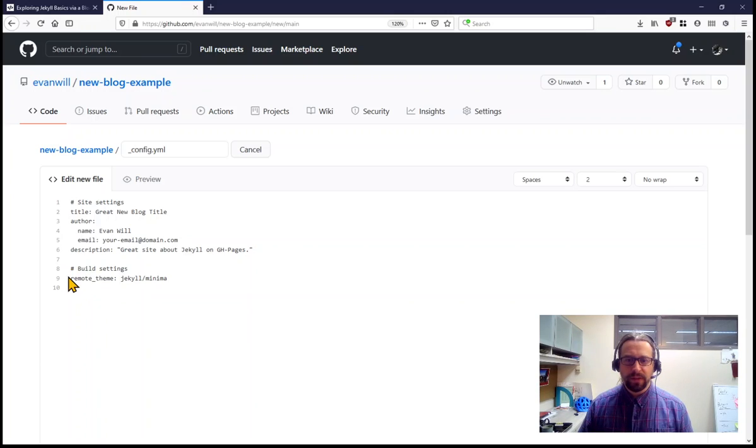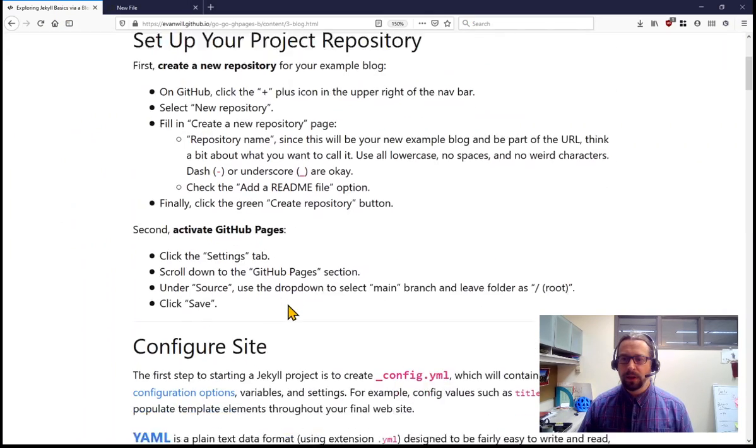In most cases, that's going to actually look like this, using the key theme. And using the key theme, Jekyll will let you install that theme on your local machine and reference those files for your project. But we're going to use remote theme in this context. The theme that we're going to use here is Minima, which is the default theme designed and used by Jekyll. If you want to learn more about how to configure that theme, you'll go over to the theme repository, which is linked here,